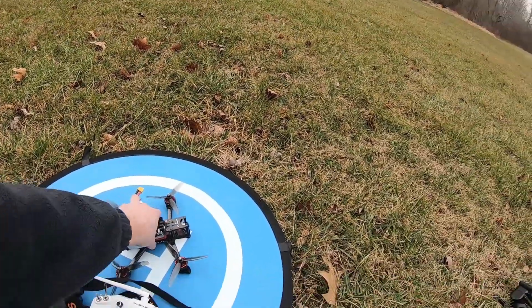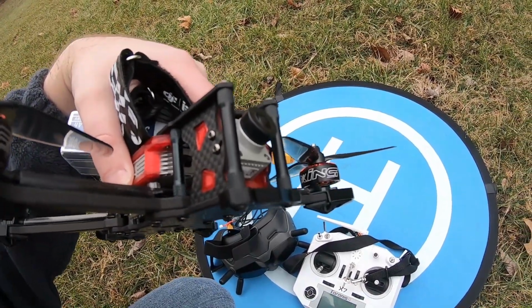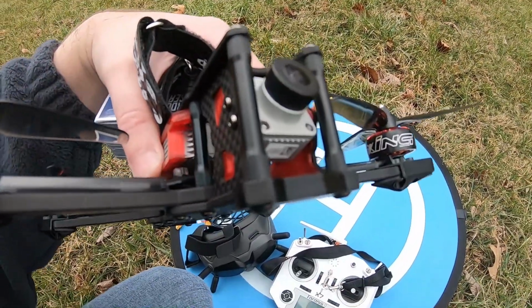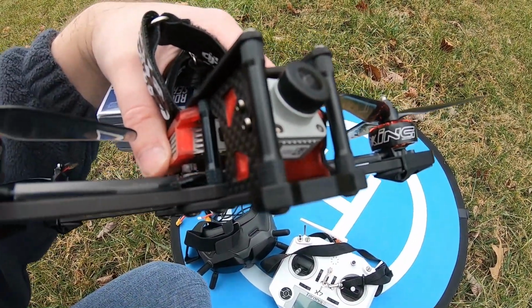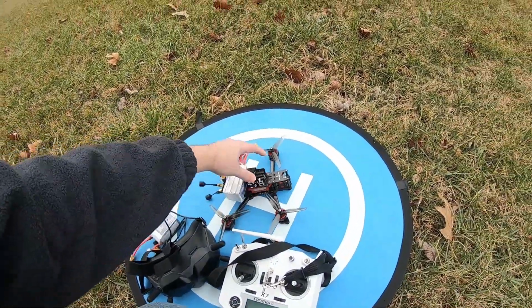Also, I've noticed that the camera angle on here is not too bad, but when I was flying it yesterday, it made it very difficult to land. So we're gonna see what happens. I may have to adjust it. Okay,